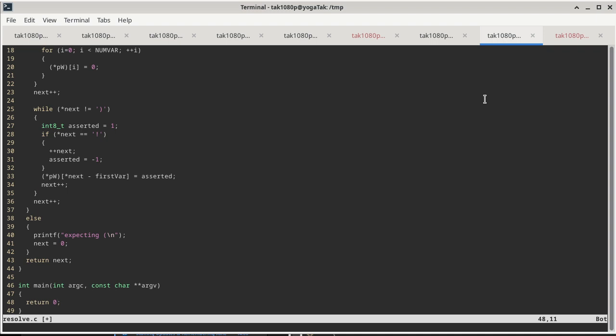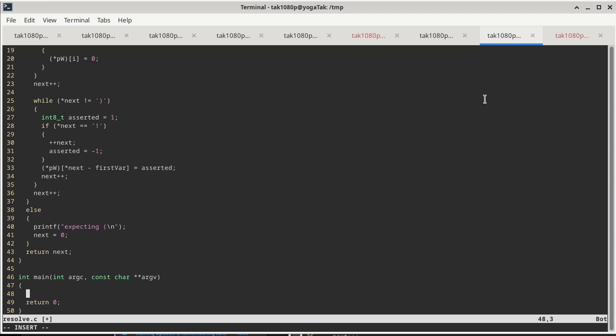Argc is the counter, which means how many things are on the command line that are supposed to be passed to main. And then argv is an array of strings. The first one is the command itself, which is usually useless and tossed away. And then the second one, which is at index 1, is the first actual argument that we pass to the program. So at this point, we can say if argc is greater than 1, then we actually got some work